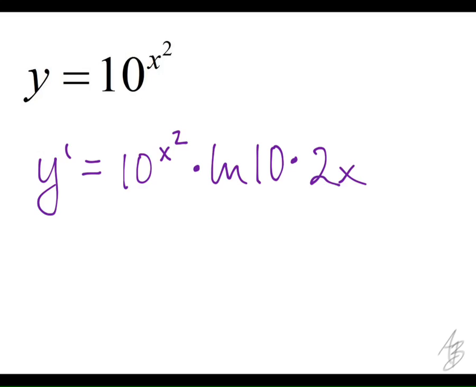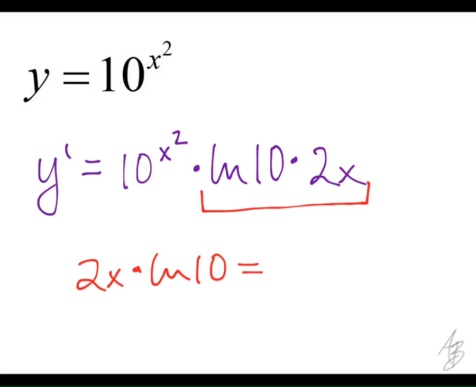So let's review a logarithm rule here that's going to be useful for us at times. Just looking at this part right here, natural log of 10 times 2x, that's the same thing as 2x times the natural log of 10. And you guys remember the exponent rule with logs? So that's the same thing as the natural log of 10 to the 2x. You remember that? And if you wanted to, then you could evaluate the 10 squared part of it, and it would be 100